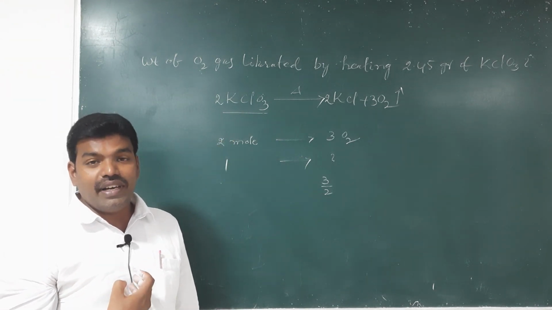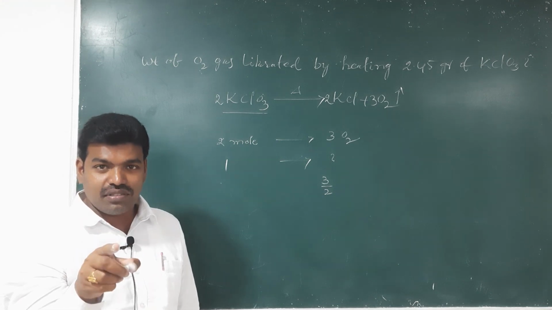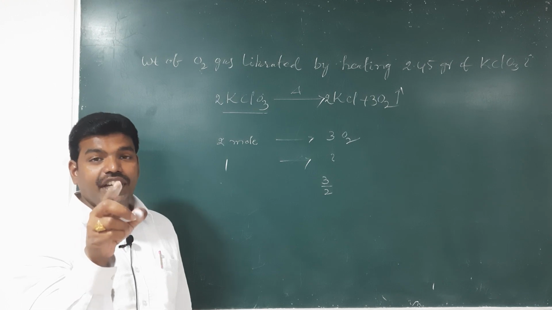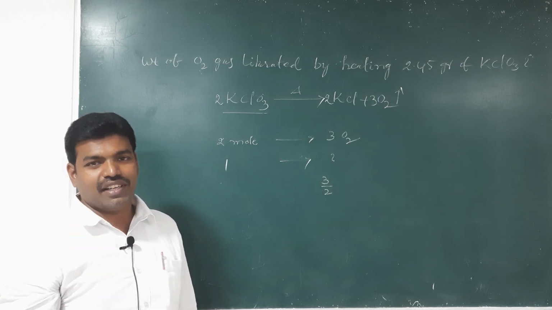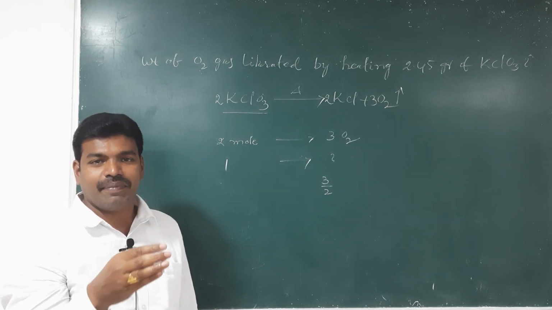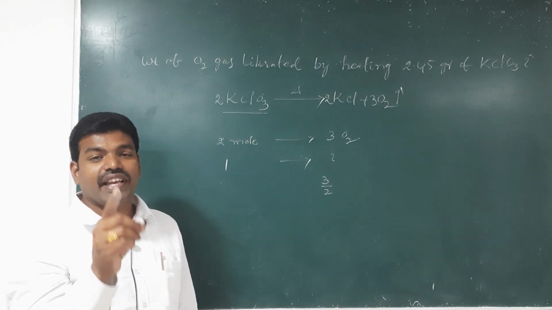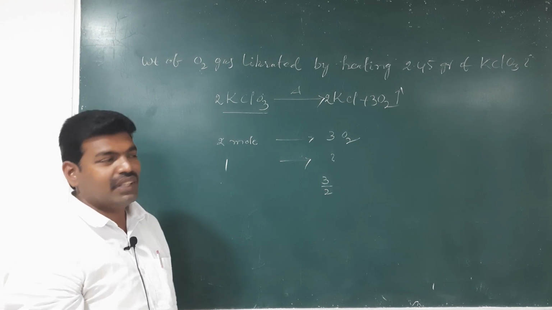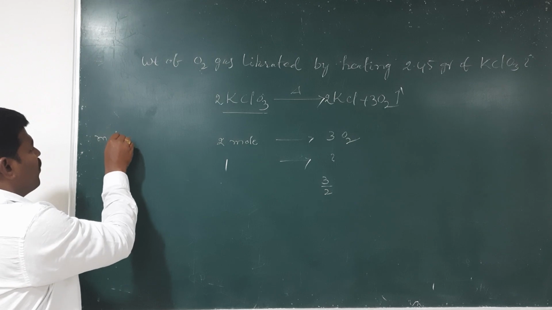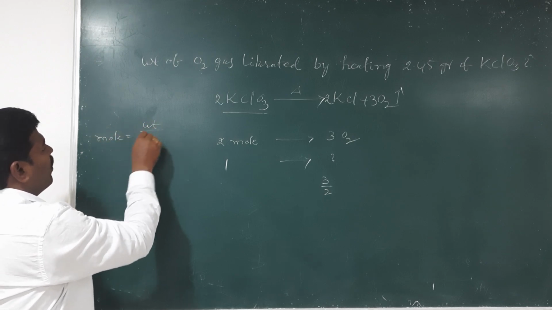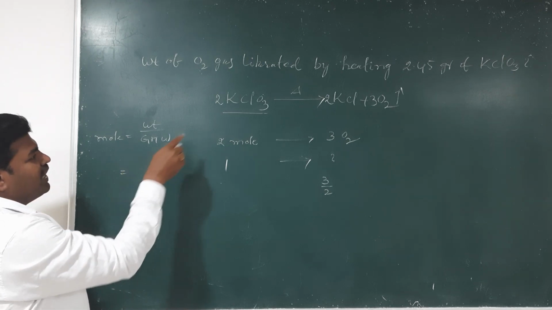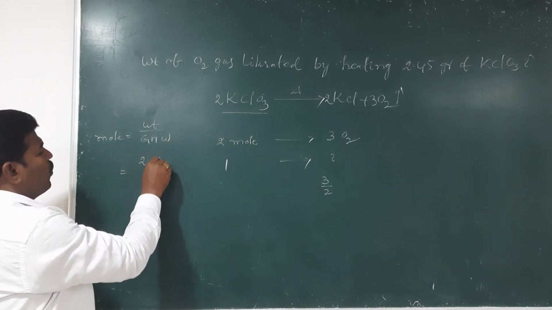We can calculate the number of moles by the formula weight by gram molecular weight. By dividing the weight of that particular substance by its molecular weight, we can get the number of moles. So we can calculate the number of moles, 2.45 by